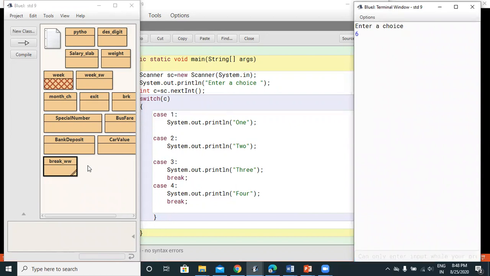It will be an abrupt ending without any information to the user. So what is the role of default? If none of the cases are matched, then the statement in the default statement is executed, and in the absence of default, there will be no execution, there will be an abrupt ending.